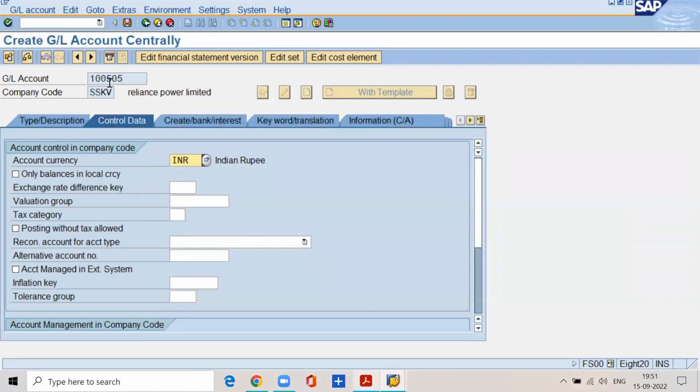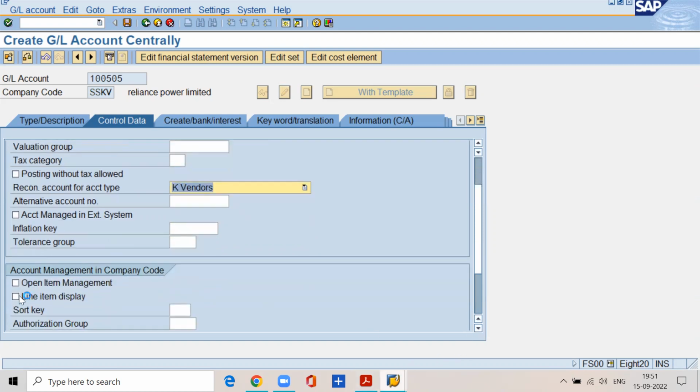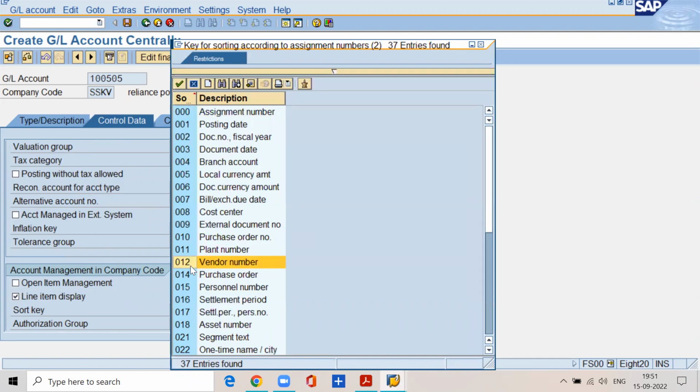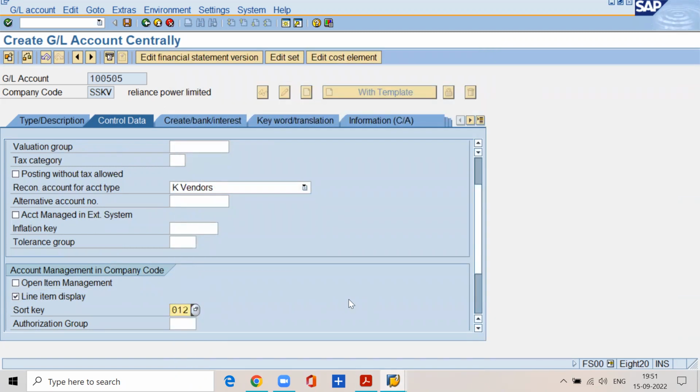Then, how does the system know that 1,505,000 is the reconciliation account? See, reconciliation account for account type vendors. So that's how the system understands that it is the reconciliation account for accounts payable. Then select line item display. Sort key 012. 012 means vendor. Write down there. Normally, in the real time,